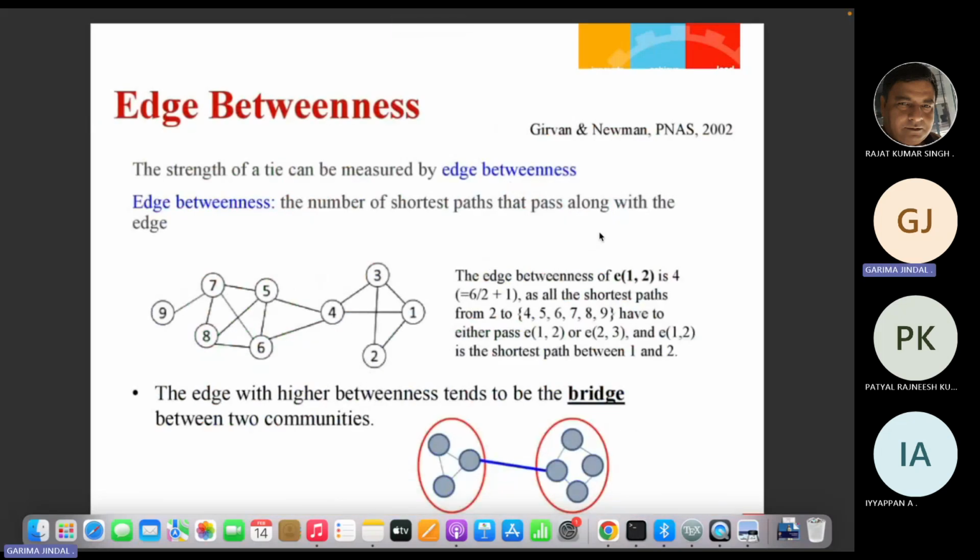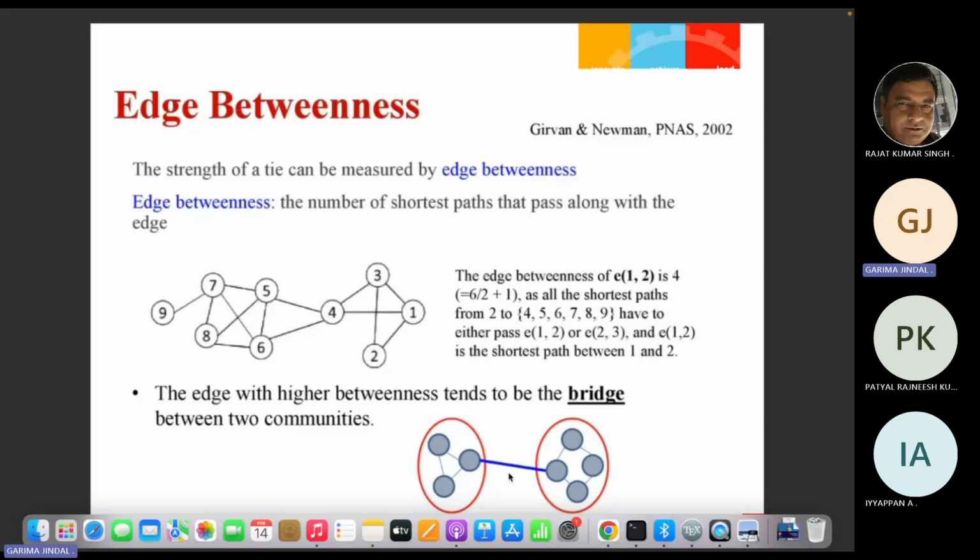Then we started the Girvan-Newman algorithm. This algorithm was based on edge betweenness. So we know that there are certain edges that join two communities. So these edges have high betweenness value. So we try to remove all the edges that have high betweenness value, and we have this assumption that if we remove such edges, then eventually we will have the communities or we will have the